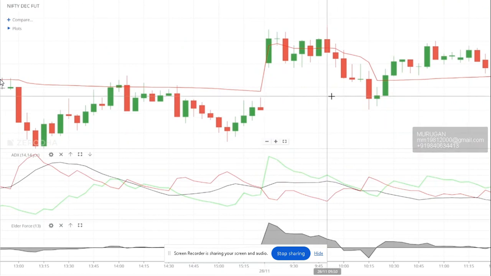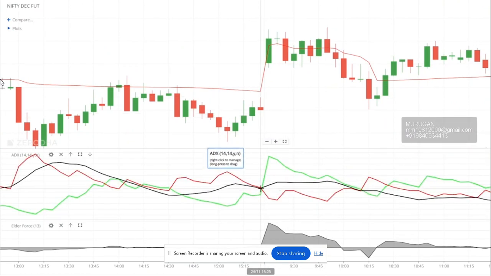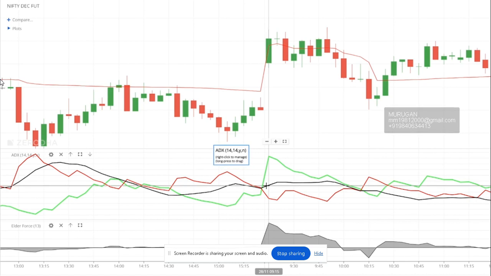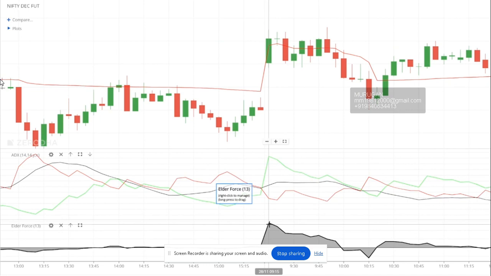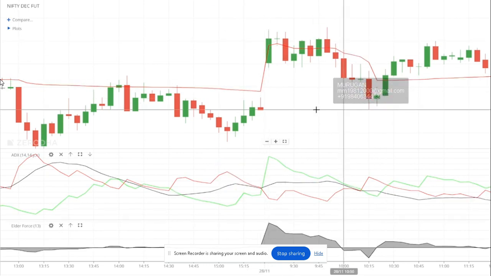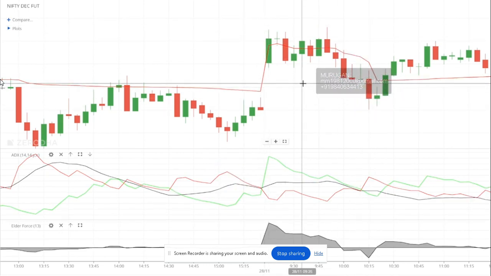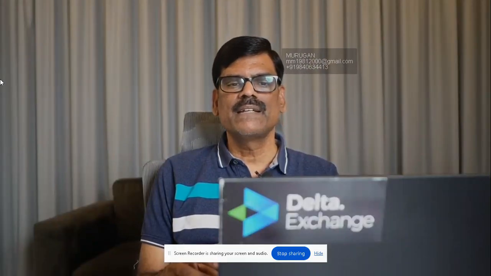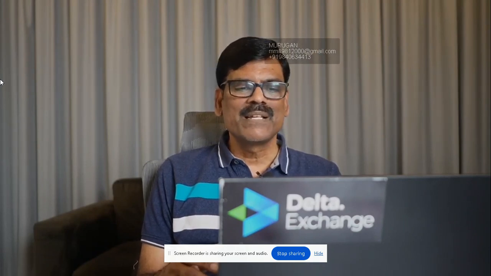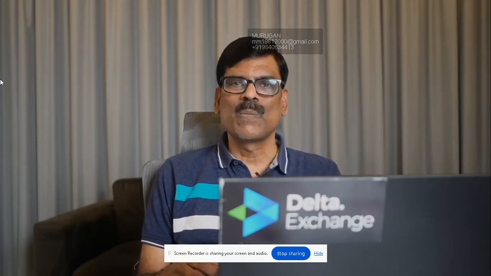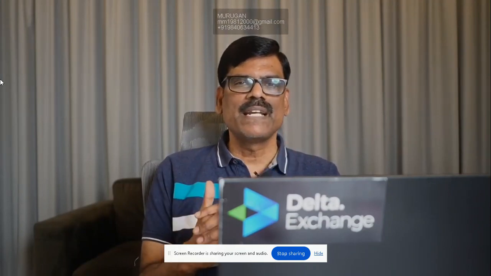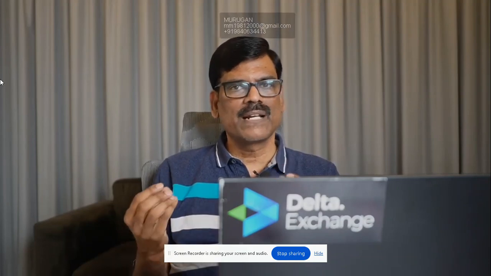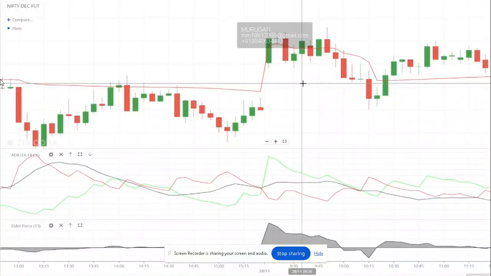Okay, so you can see another place where you can see a very clear sign here. ADX is turning around, green line is above, and this is above VWAP. There is a good spike, but market did not go up. So always remember, technical analysis is all about probability, not certainty. Sometimes, very rarely, it can fail also. But most of the time this will work, because we are using multiple indicators. If you are trying 10 times, at least 8 times it should work.